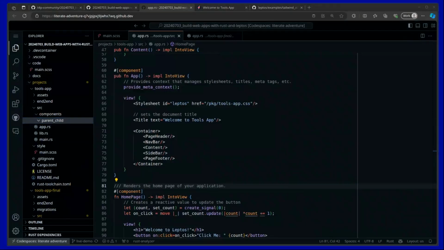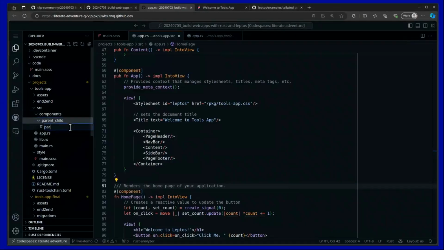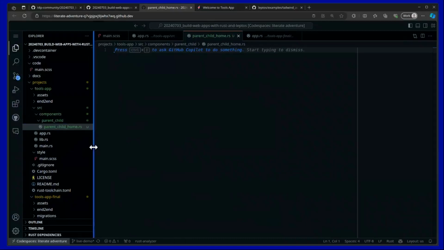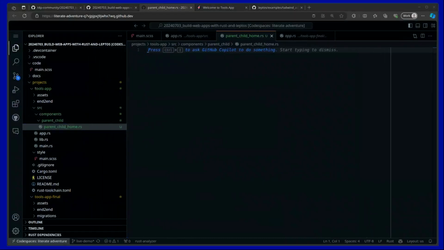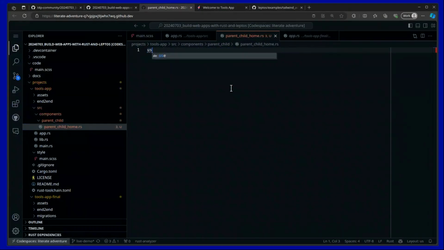Inside of that parent-child folder, I'd like you to create a new file called parent-child-home.rs. We're going to build a component in here, and then we're going to wire that component into the rest of the application. So we're going to build a very simple component and then wire it into the rest of the application. So what I'd like you to do is type in use Leptos